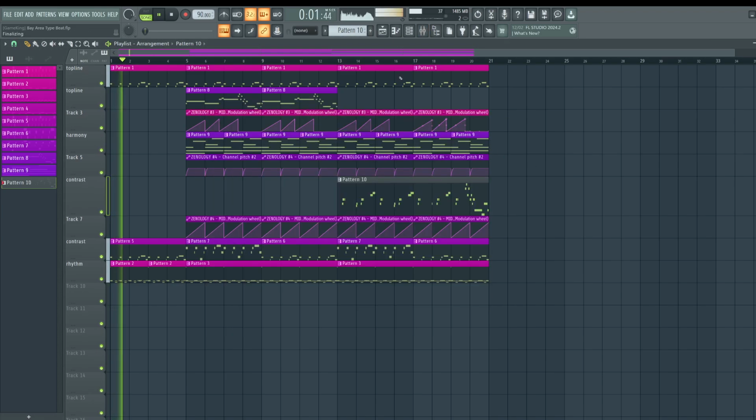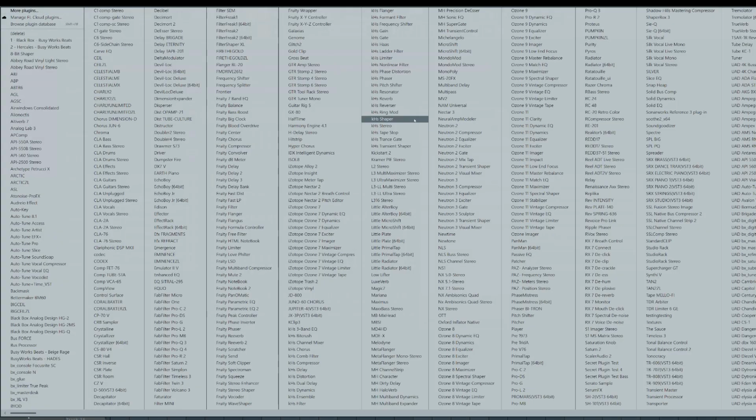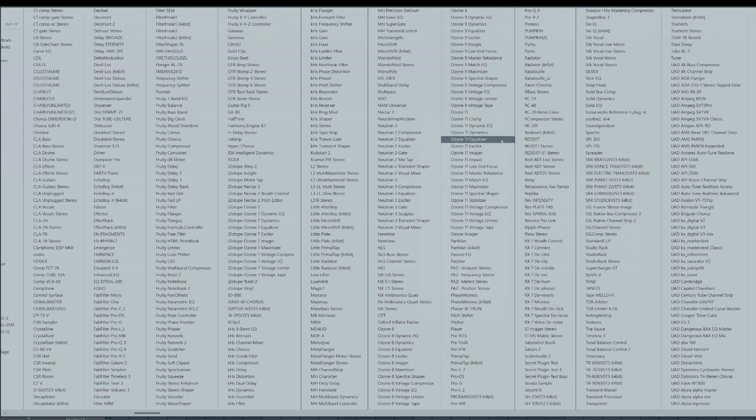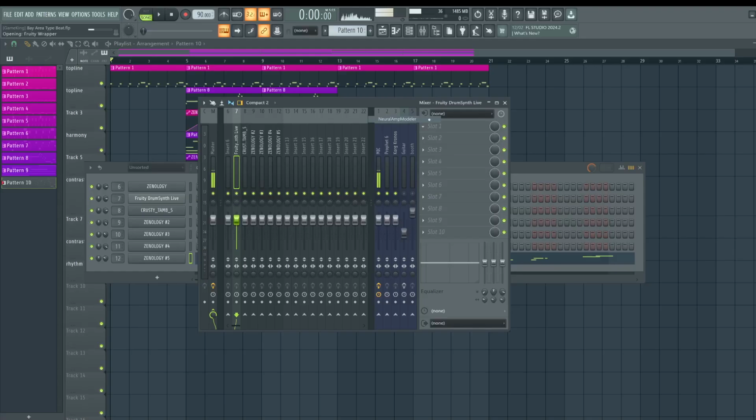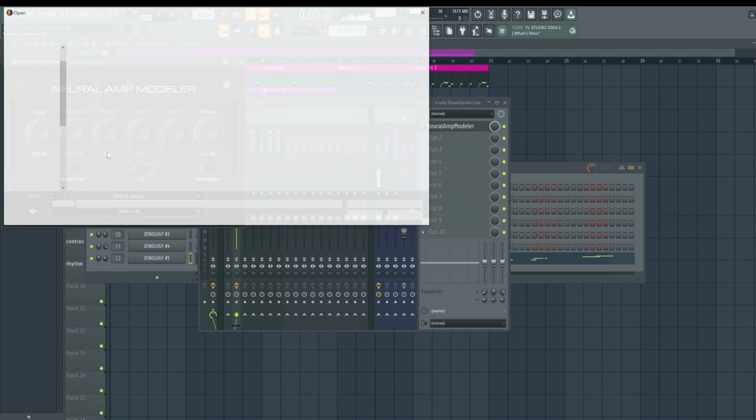Alright, let's start all the way from the beginning and see where we could add stuff. If you guys want to be super authentic, you could load up this plugin called Neural Amp Modeler. Now this works on mono stuff, but you guys can download the plugin called Genome for stereo stuff. I'm just going to use the mono stuff here to save on CPU. And let's turn this off. And now we need to select a